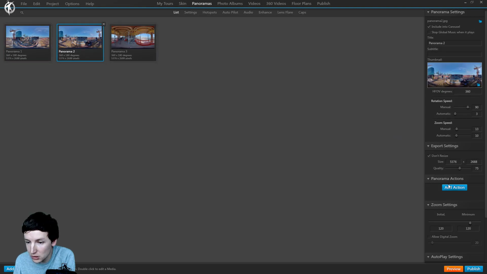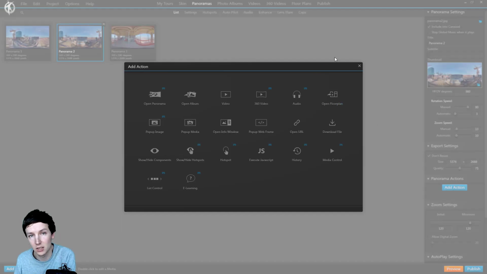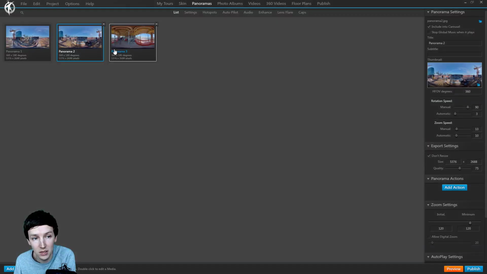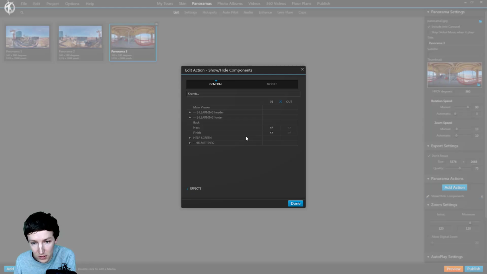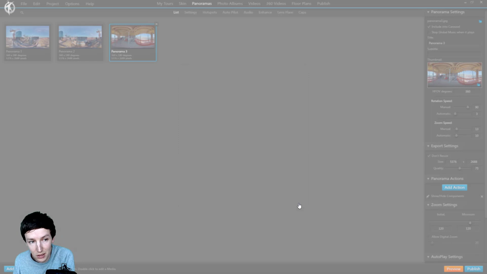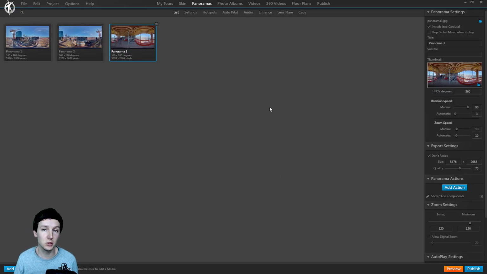On panorama 2, there's no need for panorama actions, everything just shows up as it should. And on panorama 3, we have the finish button, so that has to be replaced. So it says next button, hide, and when you go back, for example, to panorama 2, it's going to show again, and the finish button is going to show and hide when you're leaving the panorama again. So this is how they've set it up, and this is how you can set it up yourself